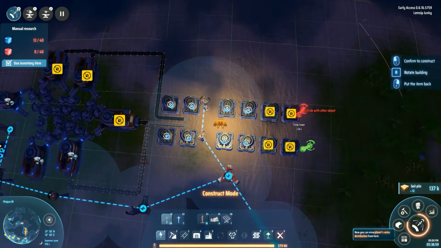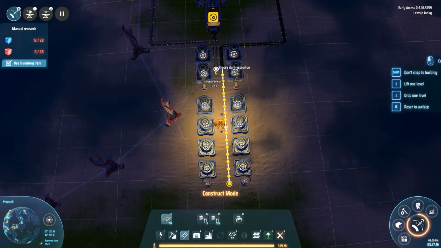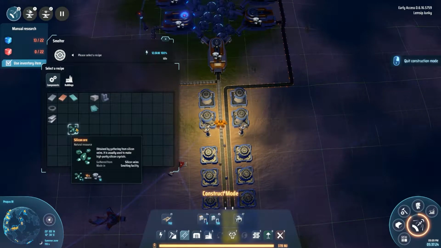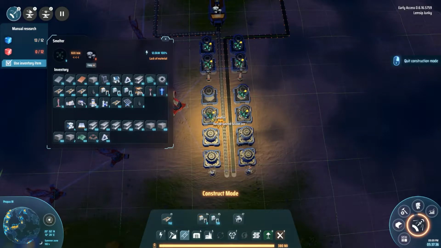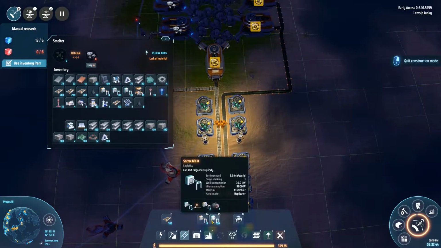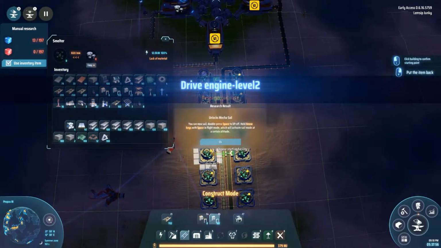Power pole. I'm finding if you do 2 and then a gap and then 4, 2 then a power pole, 4 then a power pole, this should cover everything nicely. Turns up power. So these guys are going to be making silicon ore. We need sorters. We only need so many of these purely because of the poor ratio between rocks and